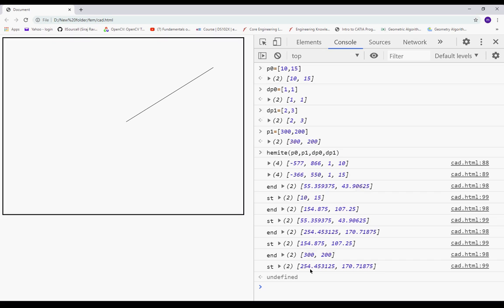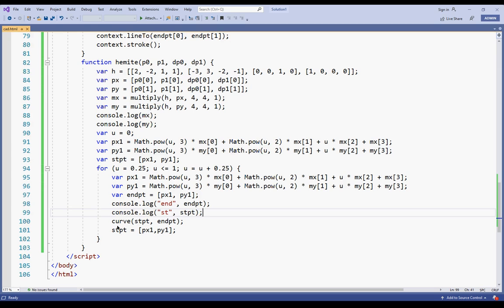So the line is coming correctly, but why is it coming as a straight line? That is the problem. Okay, so presently what you could do, you could just note down these things. So later on I'll find out what is the issue here in this case.